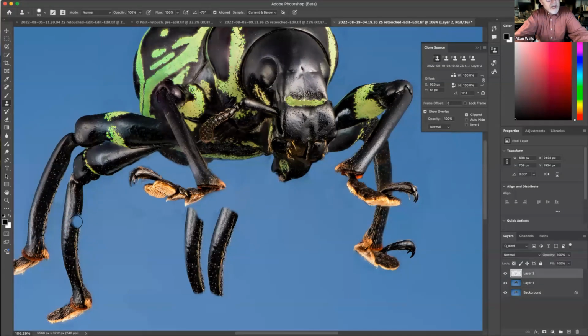I'll show you. So let's again grab this piece of leg and let's undo those changes so we're back to normal. Now this is the leg the way it's being cloned, but if I want it to be smaller, all I have to do is hit the Shift and Option key. We'll pick it up again. I'm going to talk about where the source moves with my paintbrush in just a second, but let's just get a fresh piece and we'll pick it over here. To make it smaller, you hit the Shift Option key and then use the